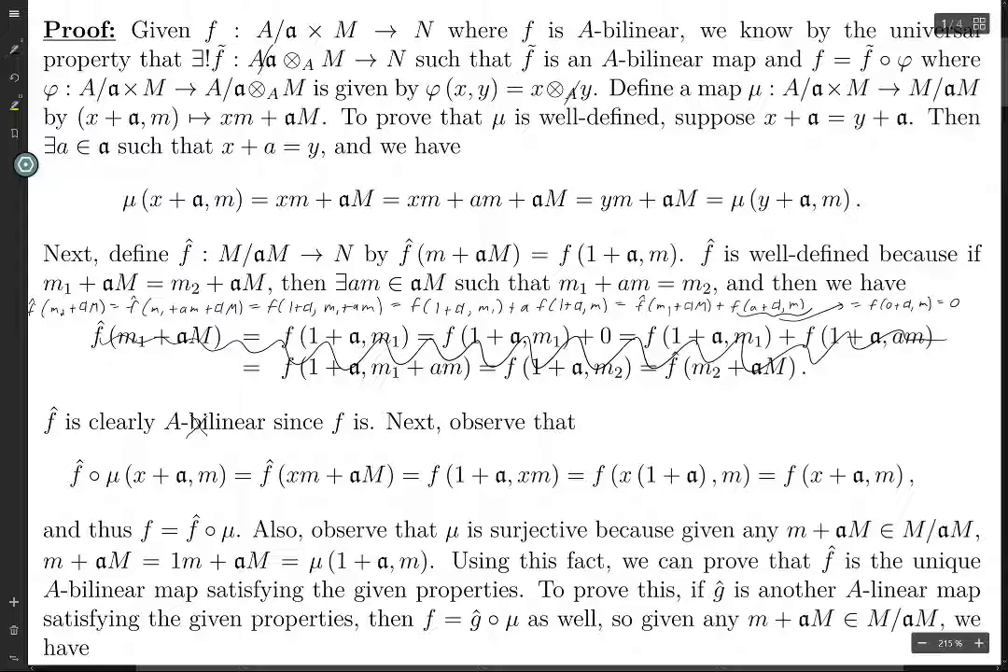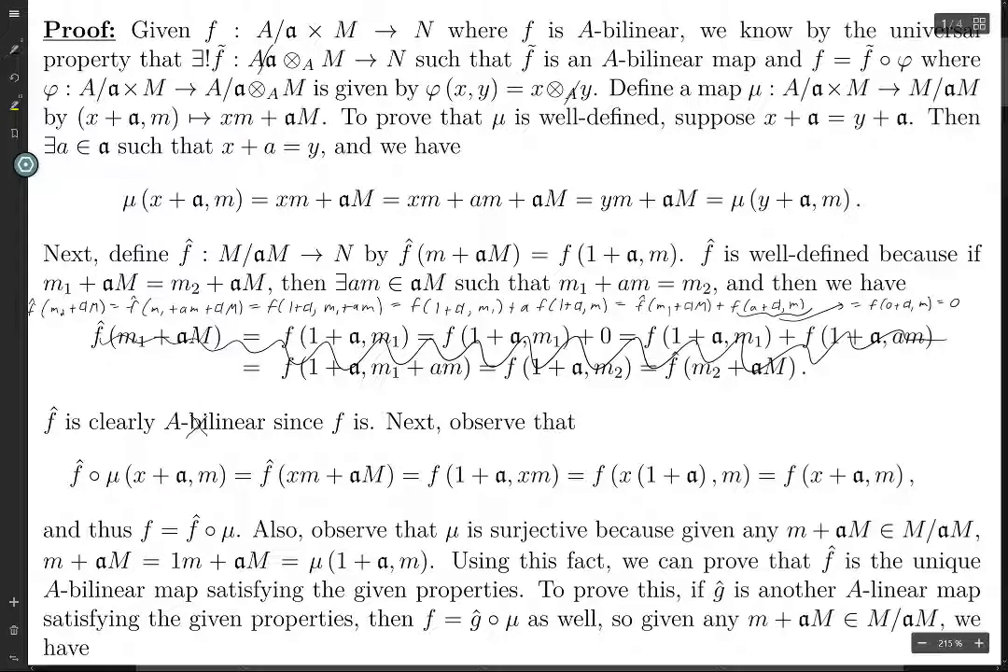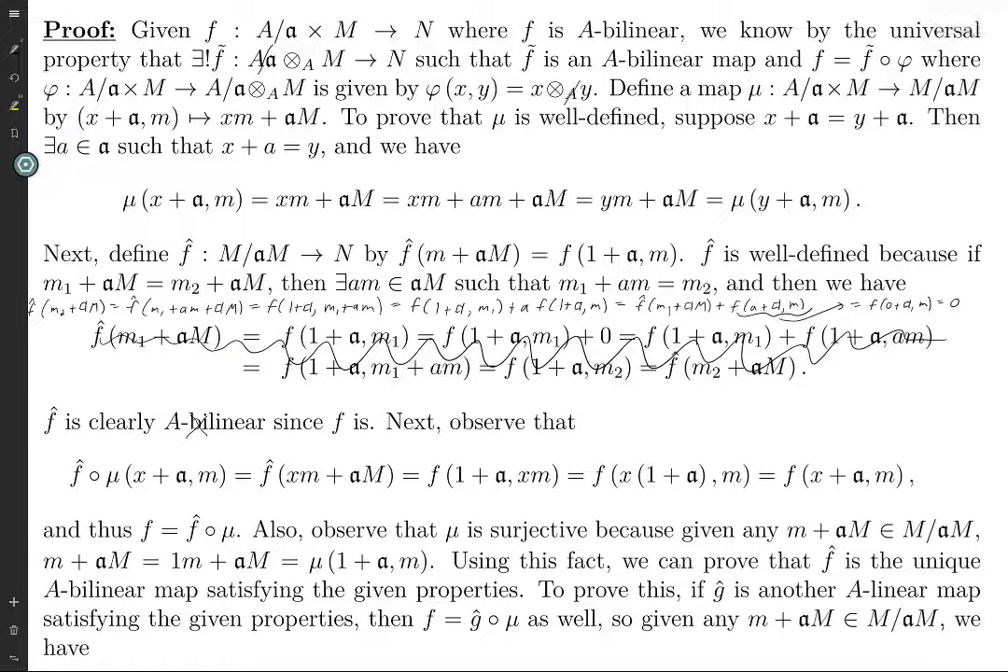Also, now the interesting thing here is that mu is surjective, because if you take any element m plus am, then this is just mu of 1 plus am. You could just go from here back to here. And so then,